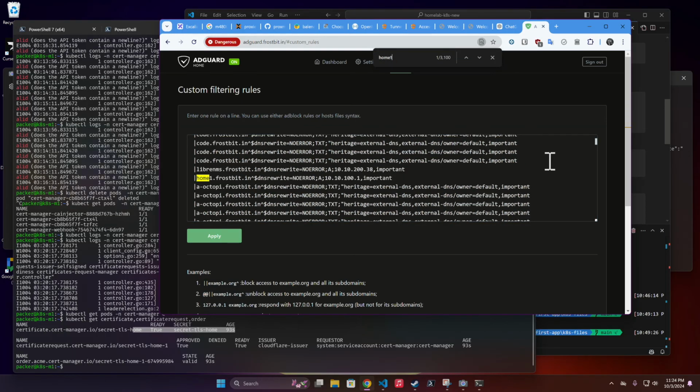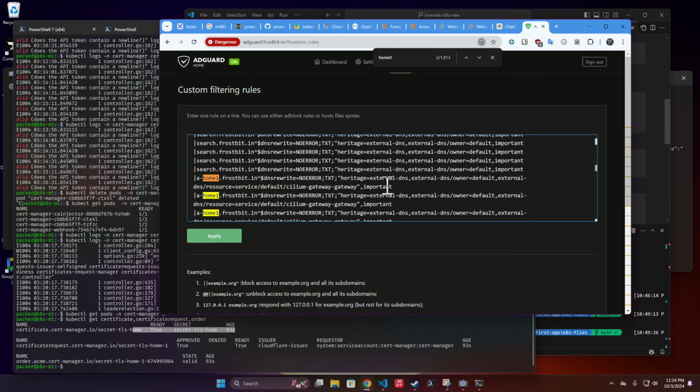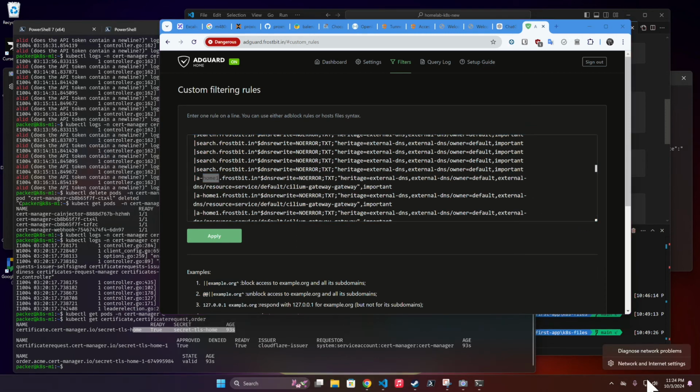And there we go, home 1 with the IP address of 10.10.100.1. So that means our external DNS controller is working, it's communicating with Adguard, and internal clients know how to resolve